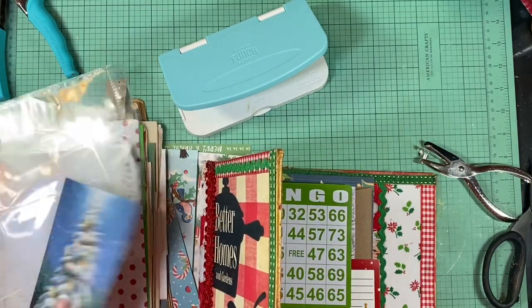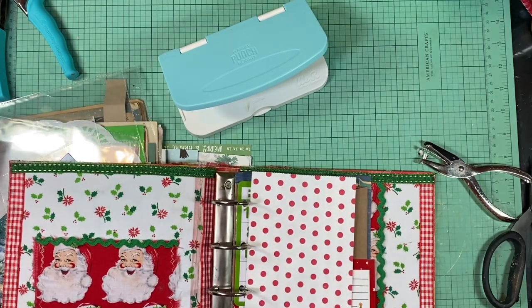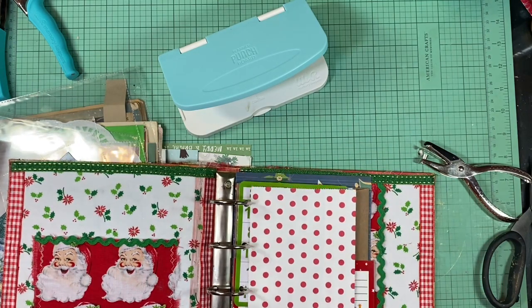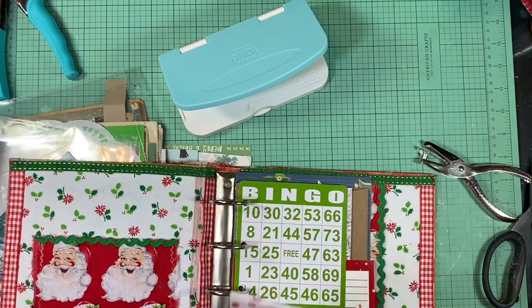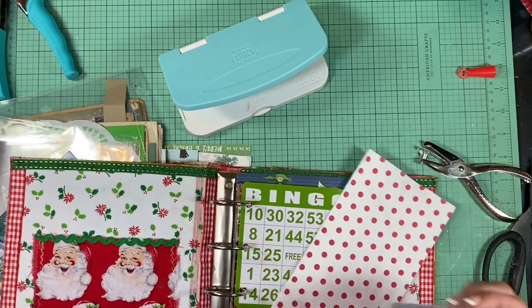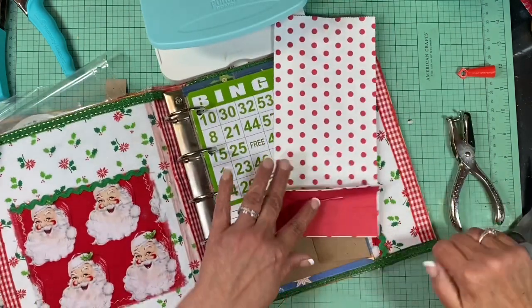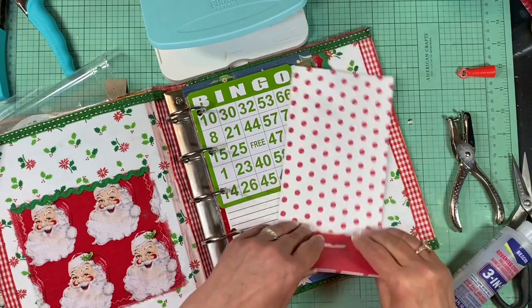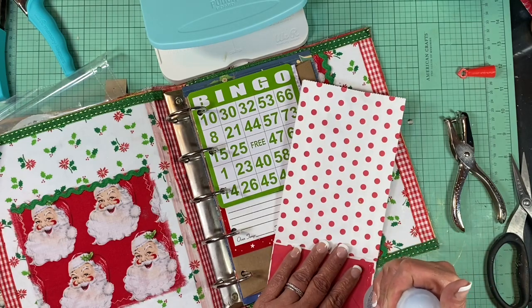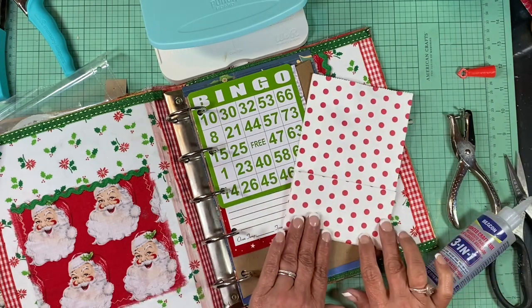Let's say you wanted to do a paper bag. Okay, well this is right about this size right here. You could put that in there and make this a little pocket, and then use this part as the bag, or you could fold it up one and put it like that. I think this is how I would do it, is I would probably take this glue, put a little glue right here, okay, to glue that down, and then I would go up one like that. And of course you could sew this if you wanted to, but it's not necessary. Go like that, and I'm doing this quickly, so